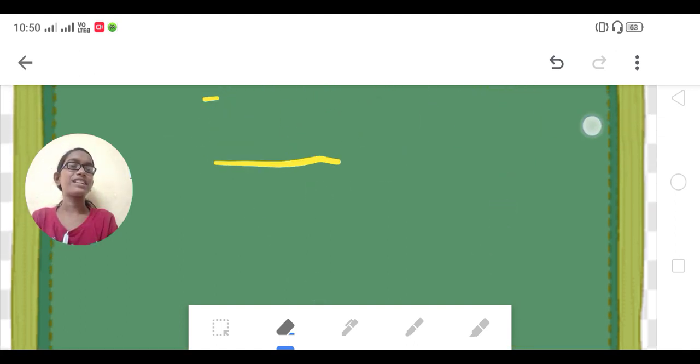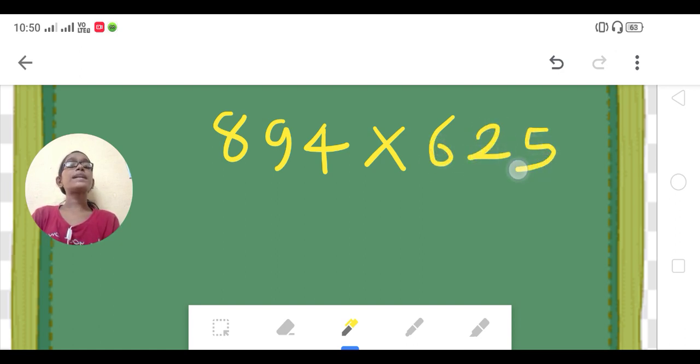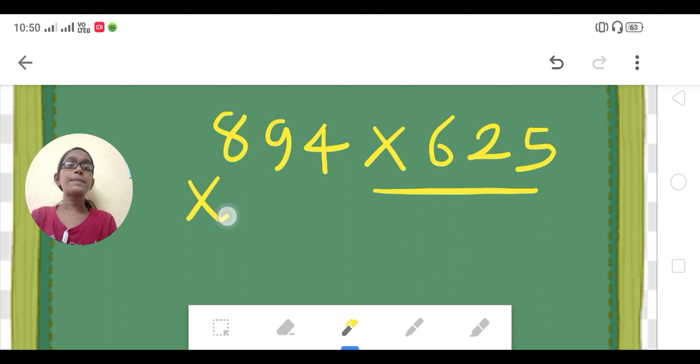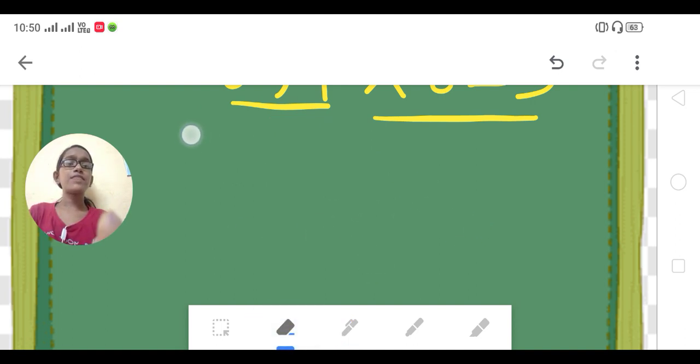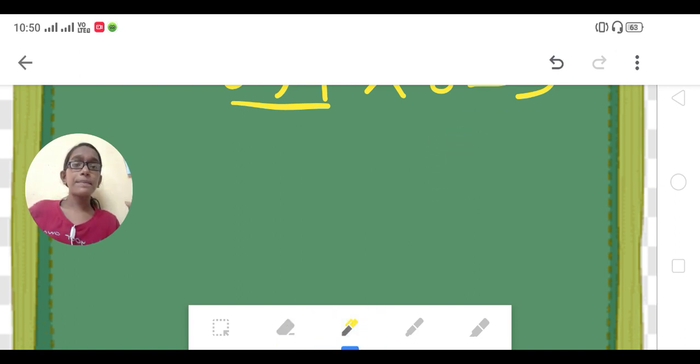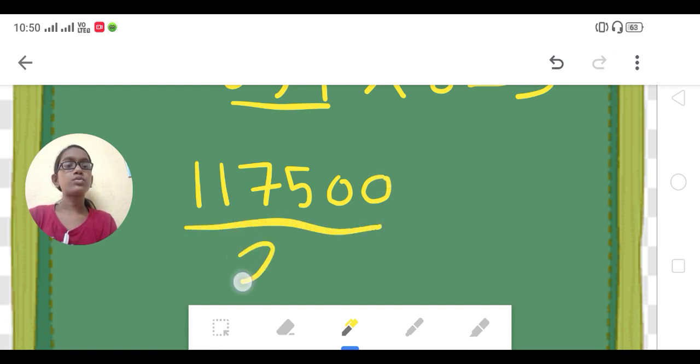I swear that. Now moving on, let's take the same example 894 and multiply it with 625. We have just multiplied it with 125. So for multiplying any number with 625, first multiply this number with 125. That we have done just now, and we have learned the trick as well. And then add a 0 in the end, and then divide the number by 2. Simple, isn't it? Very, very simple. If you multiply this number with 125, the answer we achieved was 111750. Now add a 0 in the end, and then divide this number with 2.